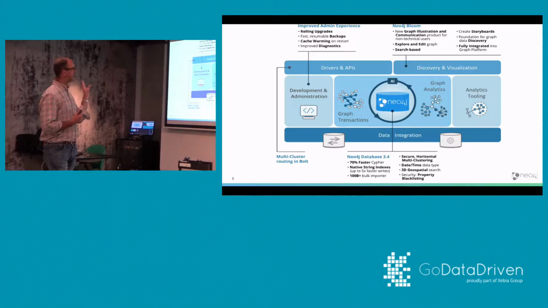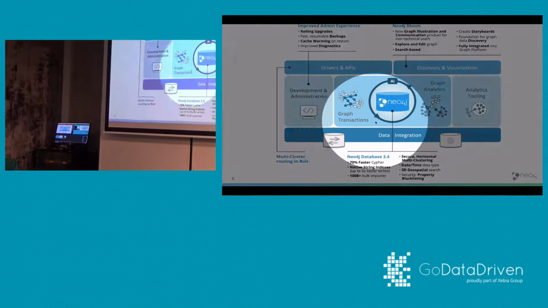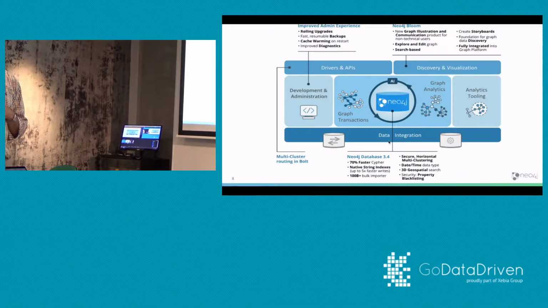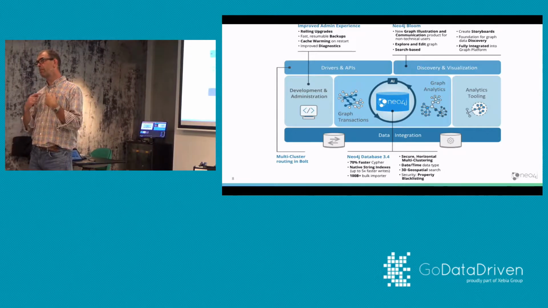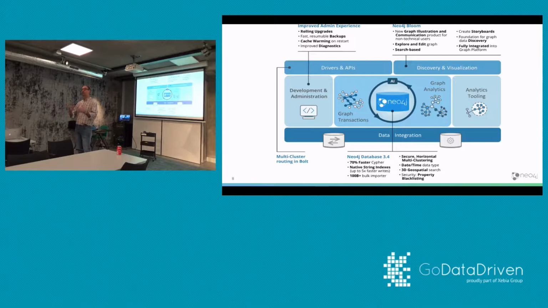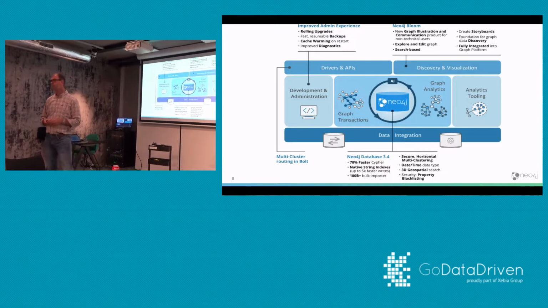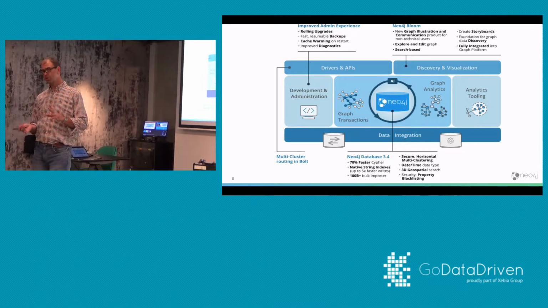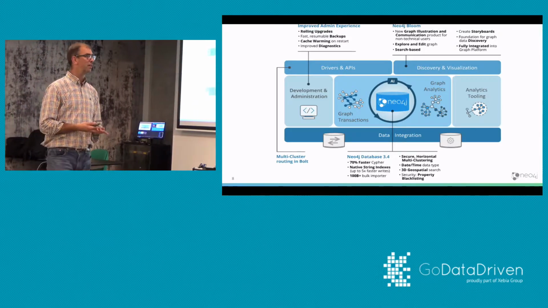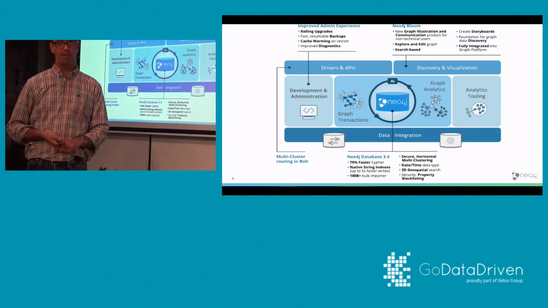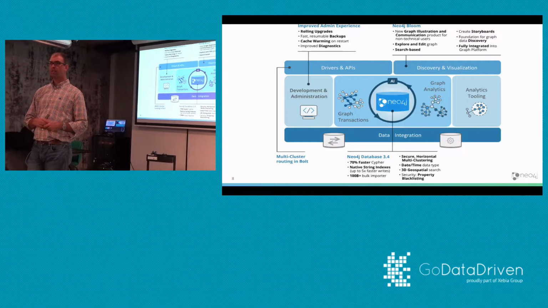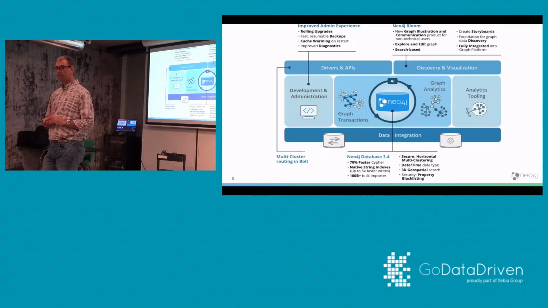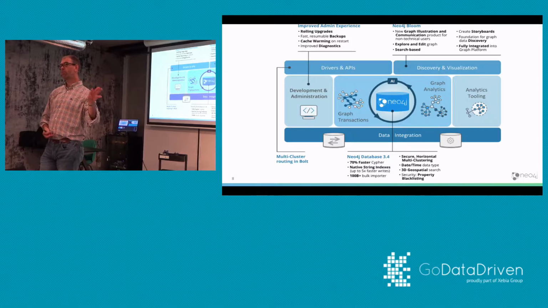What we see as the graph platform includes things like data integration. We talked about this a little bit earlier. We're investing a lot of time and effort in making it easier for people to load data into Neo4j and to read bulk data out of Neo4j, both with traditional data systems like relational systems, but also big data systems like Hadoop and Spark. We're even going as far as making it possible to have a very tight integration between big data platforms like Apache Spark by running Cypher queries on top of Spark.